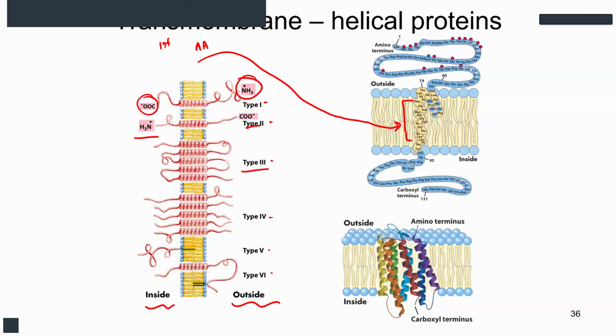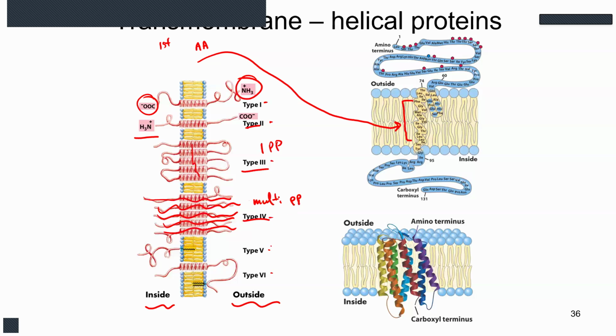Type 3, you've got multiple transmembrane regions, but this is one polypeptide. Type 4, we've got 1, 2, 3, 4, 5. You've got multiple transmembrane domains, but multiple